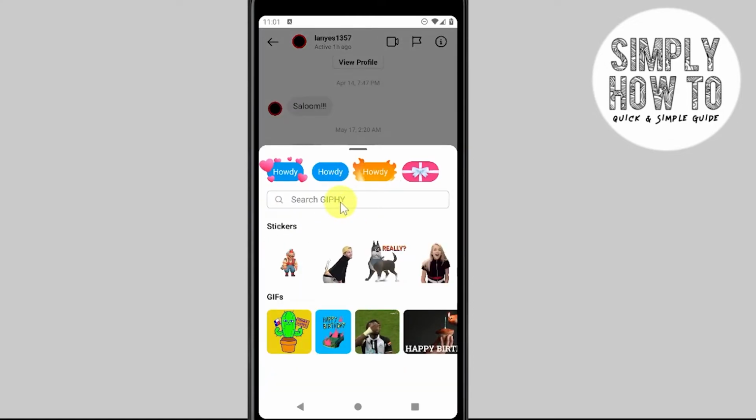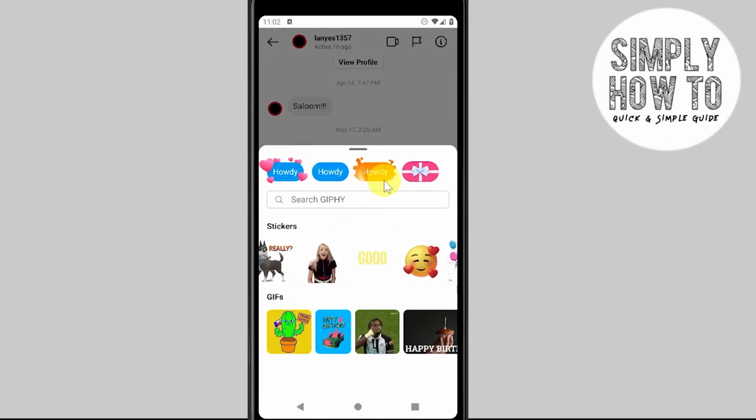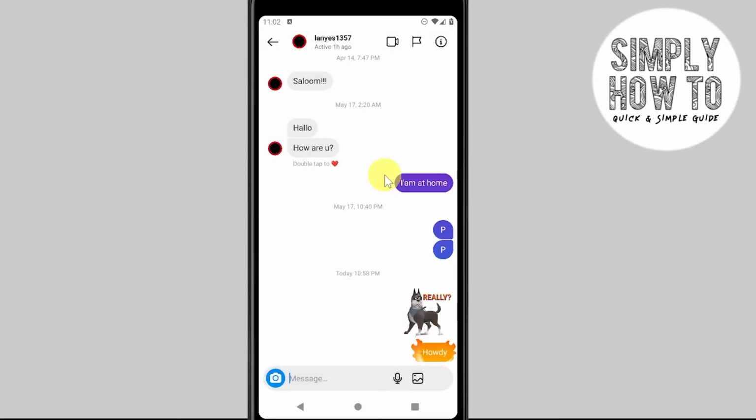And now, as you can see, that there are many stickers, any GIFs that you can scroll, you can add, or you can just select one of the special effects here. For example, we'll take this fiery approach, howdy, and that's pretty much how you add special effects on Instagram mobile